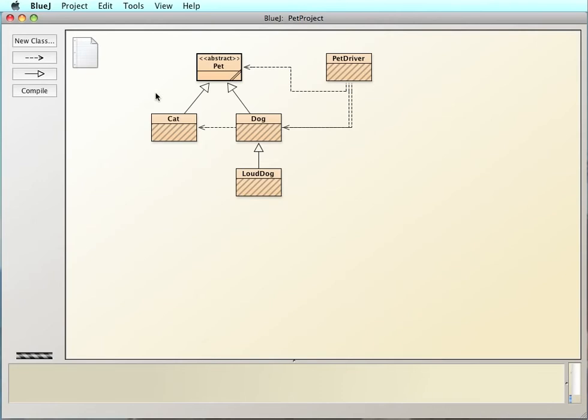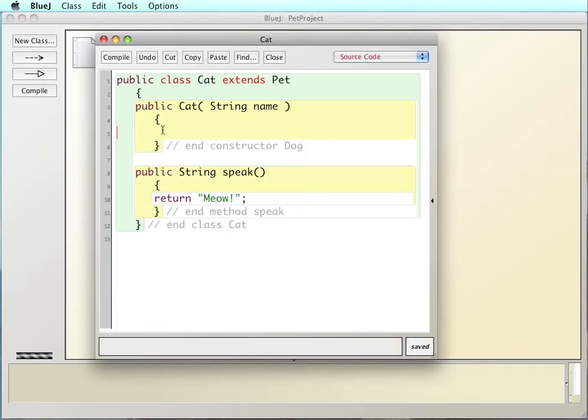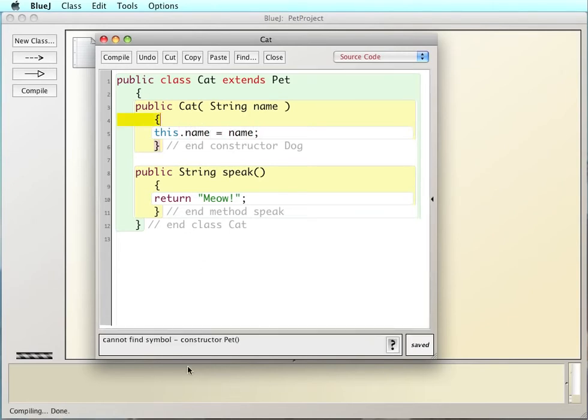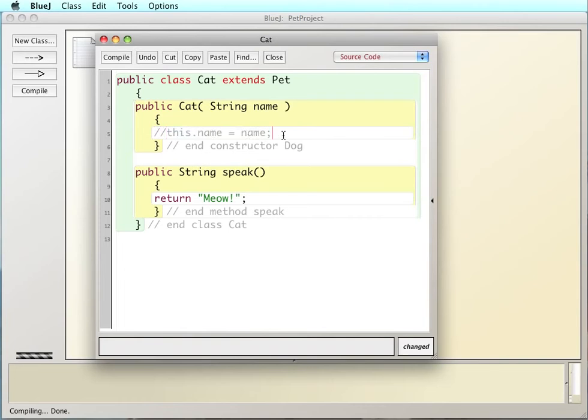In each of the subclasses I have a constructor as well. You would think that it's using the same idea, this.name equals name would work. If I try to compile that, I get a problem. It says can't find symbol constructor pet. What's happening is, because I've already written a constructor in the pet class, I almost have to reuse that,